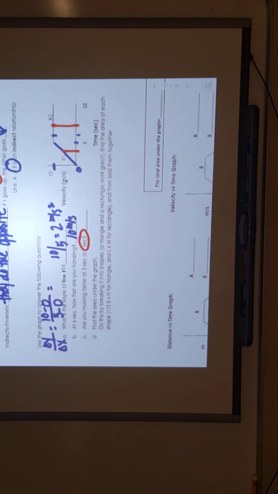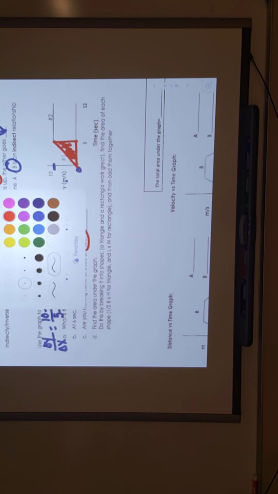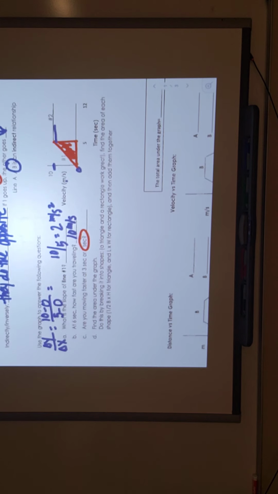And then lastly, we are going to have to be able to look at a graph and find the area underneath the graph. We will do that by breaking them into shapes, then we're able to do it using mathematics and geometry. So for this one right here, we're going to break it into 2 different shapes. We want to find the area under the line. We can break it into a triangle, and then the other one is going to be a rectangle,